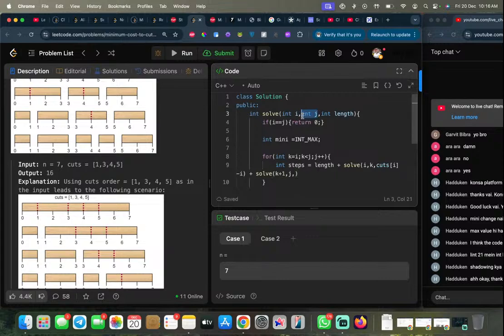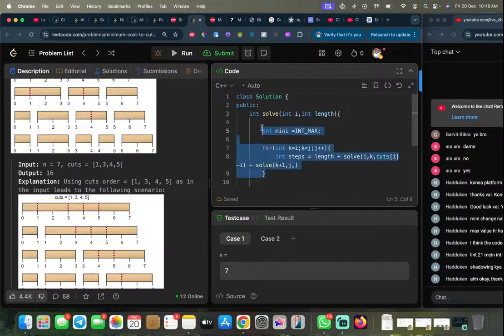No need of j. But let me tell you what I'm trying to do. So I'll start with i and length. Now let's say if cuts of i is greater than